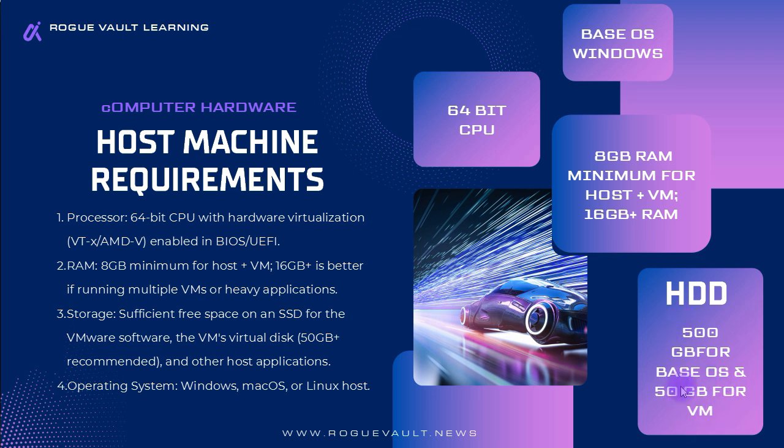So we need to have 50 GB for the VM, allocated separately, and the minimum is 500 GB on the base operating system. It's always recommended to have an SSD rather than a conventional hard disk drive. And the base operating system, as I said, is Windows, but if you have a Mac, the entire configuration set goes into something different, because Mac has its custom built